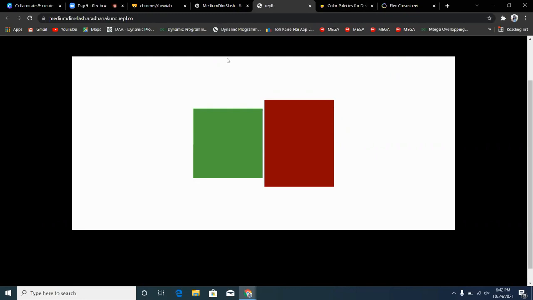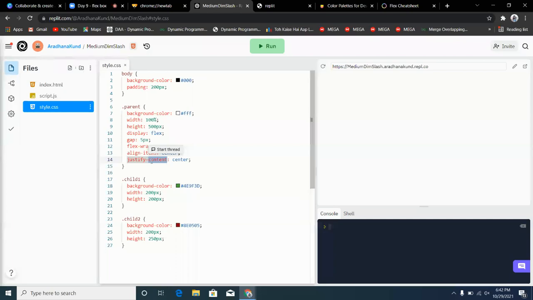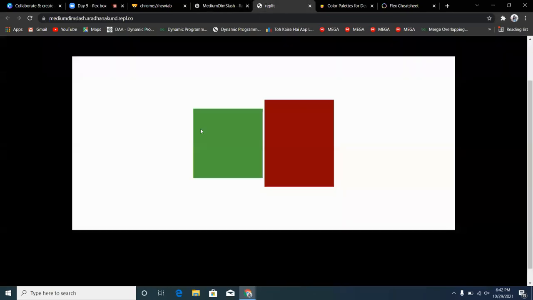Justify content brought them in the center in the row manner. Over here, it brought it over here. Now I wrote align-items: center. Align items is responsible for column wise alignment and individual item alignment. So it brought both the items towards the center in this particular column. That is why row is justify content and column is align items. So that is the reason why they are in the center. Got it?